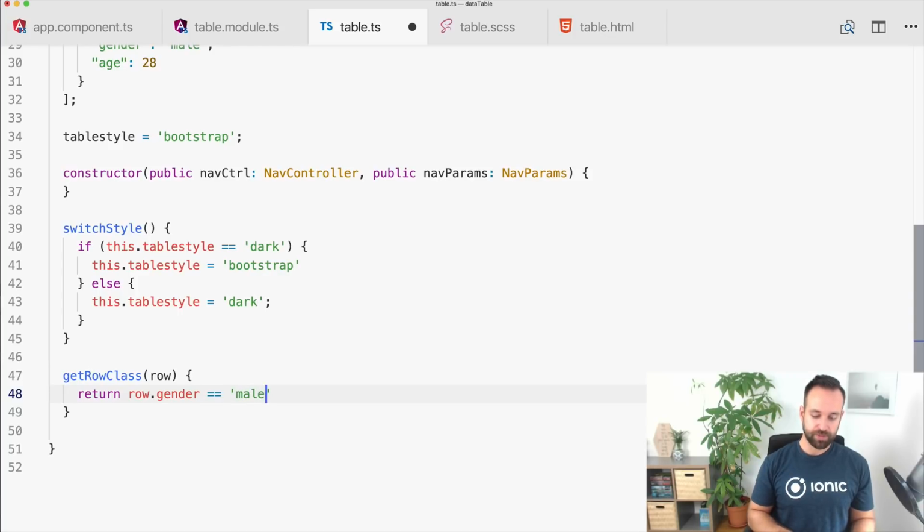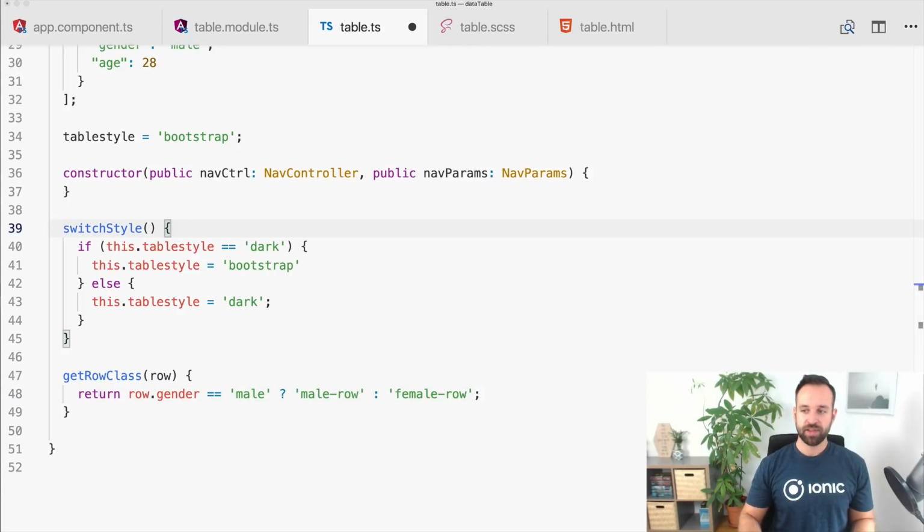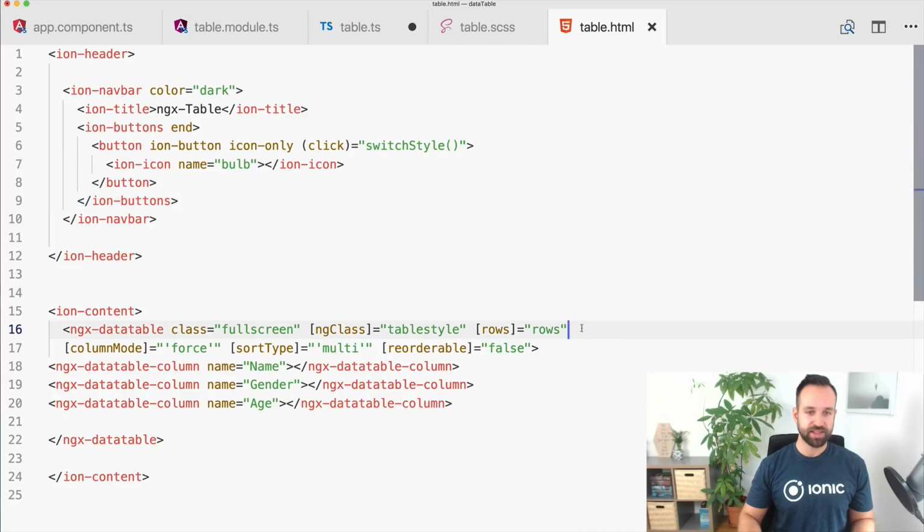If this is male, we want to return the CSS class male row, and otherwise female row. Of course, this is just a real basic check that we can do. And to apply it to our table, we can simply specify